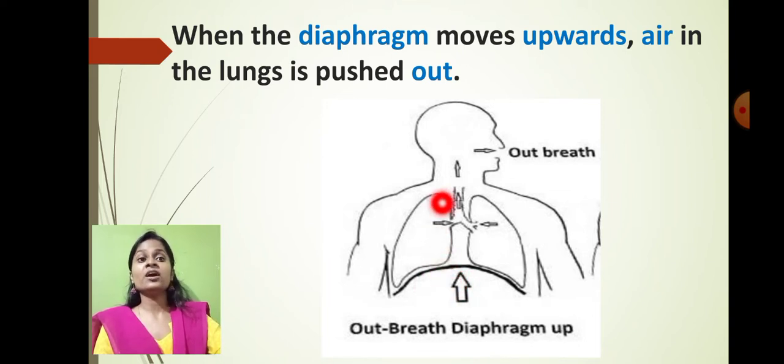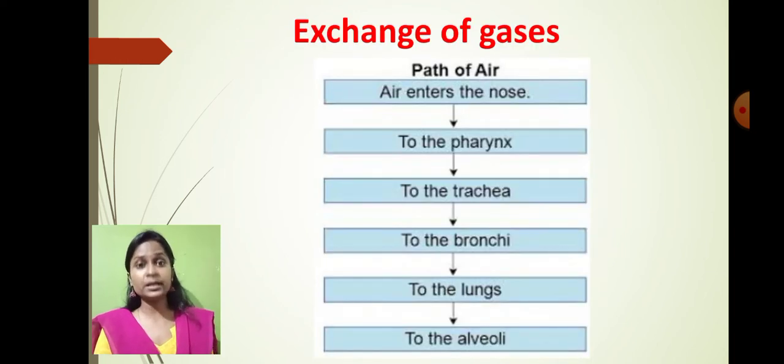The original shape of the diaphragm is in the upward direction. So when we exhale the air, the diaphragm comes in the upward direction, and when we inhale, the diaphragm comes in the downward direction. So this is the movement of the diaphragm during the respiration process. I hope so, students, now you must have understood the movement of the diaphragm during respiration. And students, let me tell you that the exchange of gases, I have tried to explain in a simple manner. You can see here the pathway of the air. From this flow chart, you will understand in a better way.